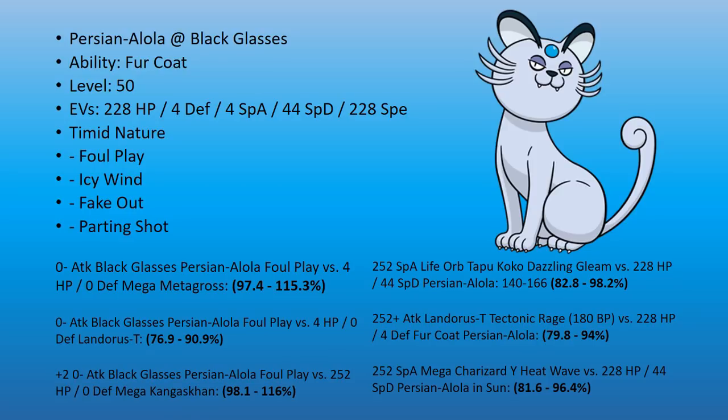But I saw that Persian got Icy Wind right at the beginning of the format, and then these 4 moves, Foul Play, Icy Wind, Fake Out, and Parting Shot, I theorized would be absolutely amazing. Like, the support that this Persian can give while still giving out significant offense. Like I said at the beginning, I like my supports to be able to do damage, and Foul Play with Black Glasses does let Persian do that,